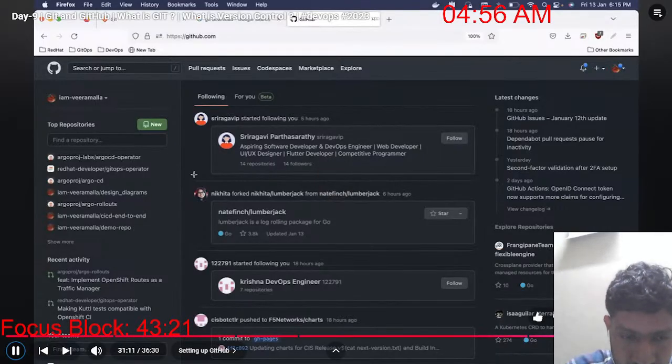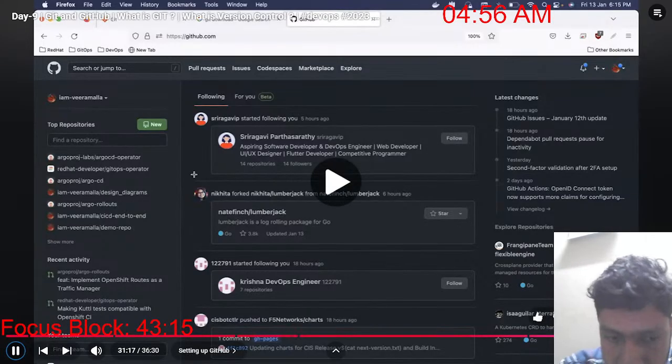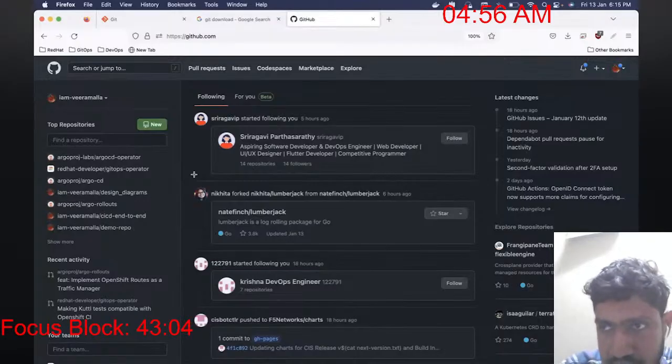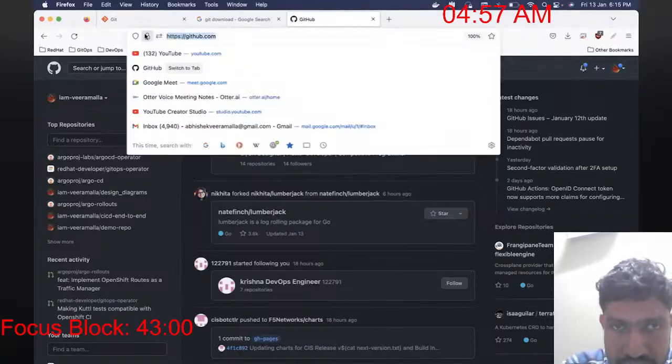and the second thing is there is a lot of maintenance activity if you're keeping your own Git. So either go for GitLab or GitHub or any open source solutions that are available for storing the code, or enterprise solutions that are available for storing the code. So to create an account with GitHub, it's very simple.